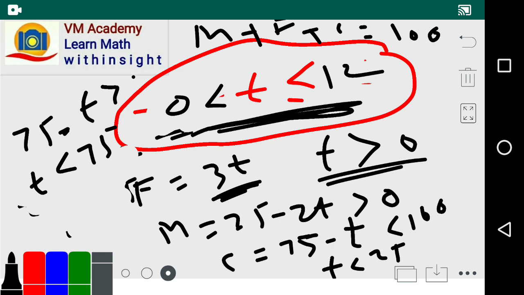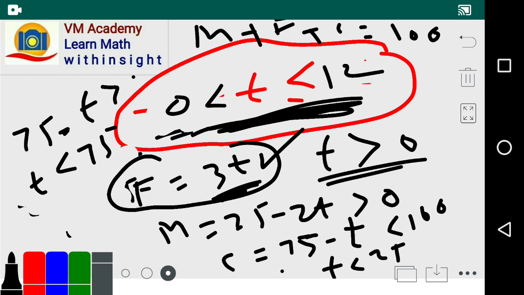So friend, this becomes the range, and thus maximum we get how many possible values? T equals 1, 2, 3 and so on up to 12, and thus there are 12 such possible values. And if we substitute F equal to 0 here, then it becomes M equal to 25 and C equal to 75. And if we allow this F equal to 0, then that T equal to 0, then that becomes 13 values. Thus 13 such values exist.